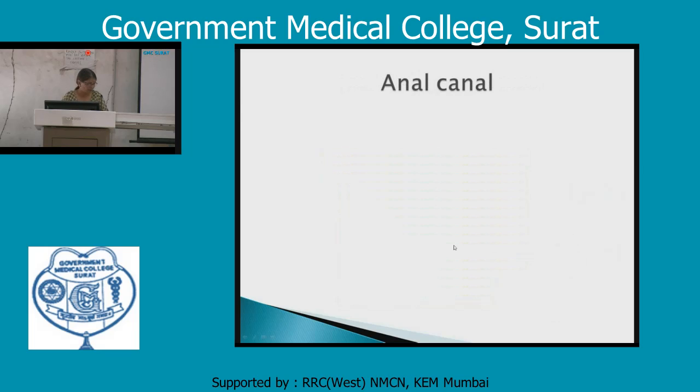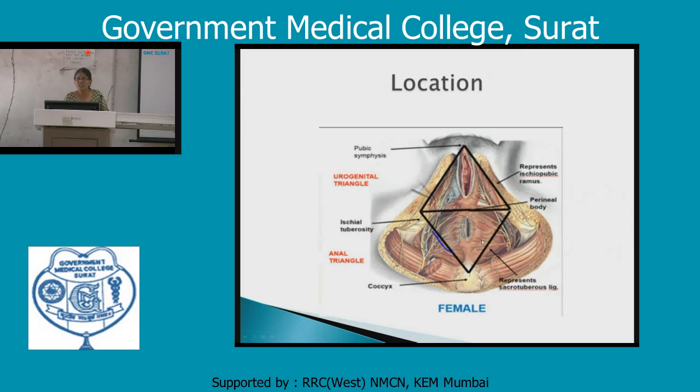Now let us talk about the anal canal. The anal canal is the final segment of the intestinal tract, that is the gut, and it is also devoid of all the features of the large intestine. Where is it located? It is located here. This is the diamond shaped space known as perineum, and this is the anal triangle, and this is the urogenital triangle, the anterior one. So the anus is located in the midline as an anteroposterior slit in the anal triangle, below the pelvic diaphragm in the perineum. The pelvic diaphragm is at the level of the anorectal junction.